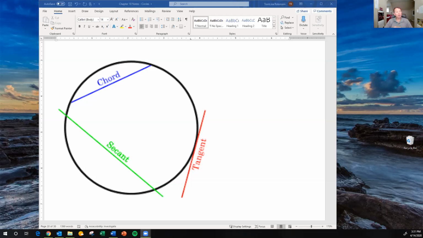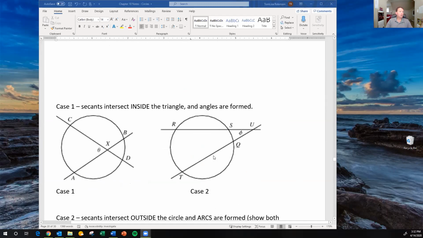looks like. So we're going to take a look at how 2 secant lines intersecting or interacting with each other create a whole set of kind of interesting and unexpectedly complicated situations for us. Okay, so the theme here is secants. So let me go down and show you this first